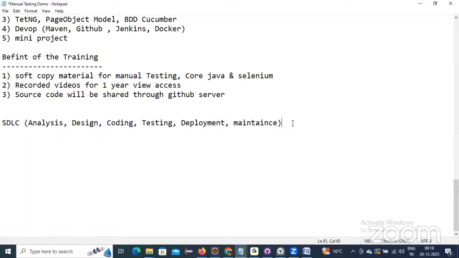SDLC, software development lifecycle, which contains all these things. So, what is the software development lifecycle? It's simple to say the definition: